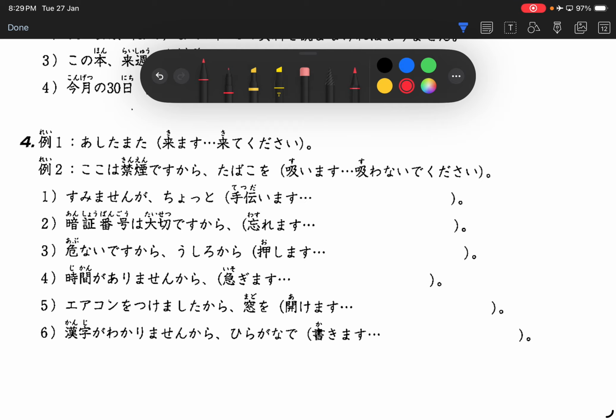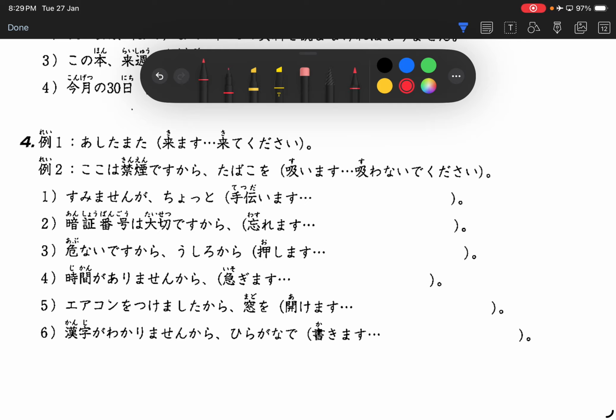Number 5. エアコンをつけましたから窓を開けないでください。Very good. So the aircon is on, so please do not open the window. Number 6. 漢字がわかりませんからひらがなで書いてください。